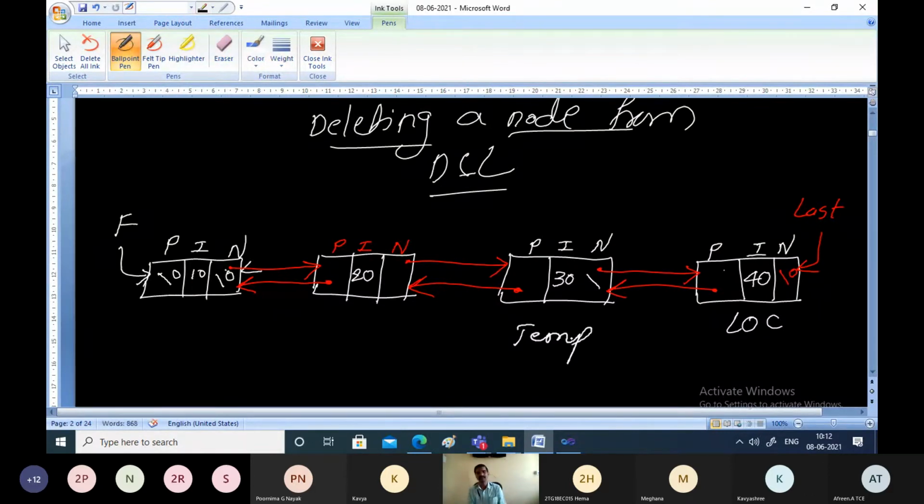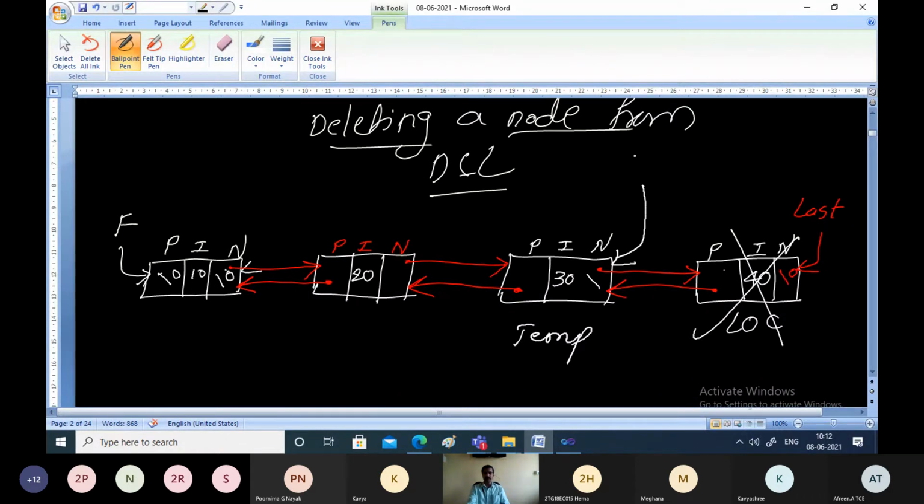After traversal, we will have a scenario like how we did the same in the case of the singly linked list. When you want to delete this last node, last should point to this node now, because once you delete this, it will not be the last node. This will become the last node of the linked list. So how can I make last point to this node? Last equal to temp. That's it.